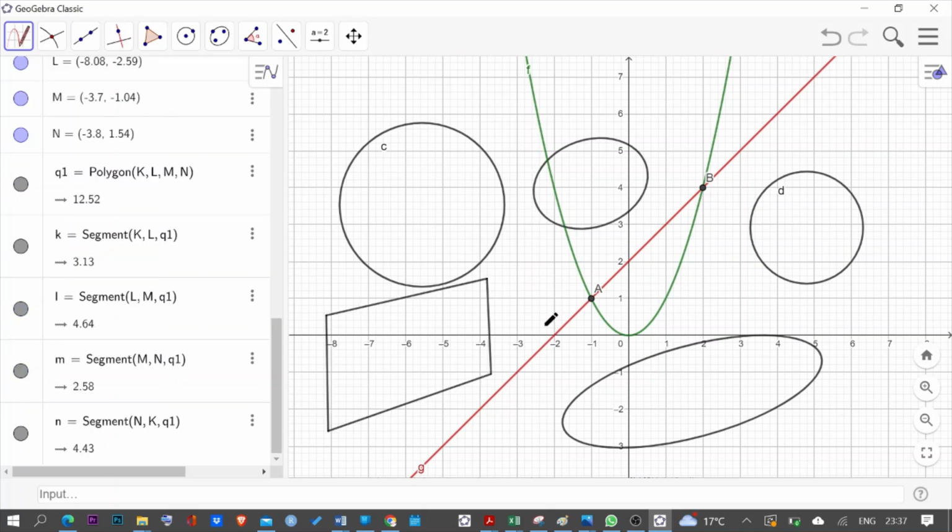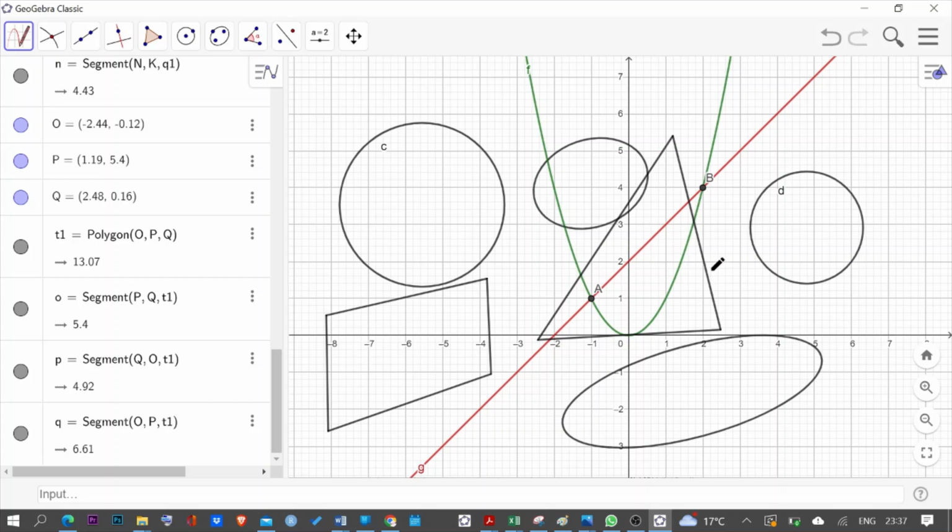Let's try a triangle, for example. Let's see if that's going to make it. Oh great, you see now. So this freehand